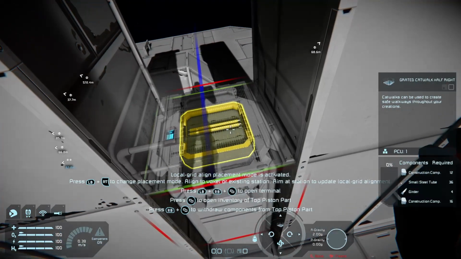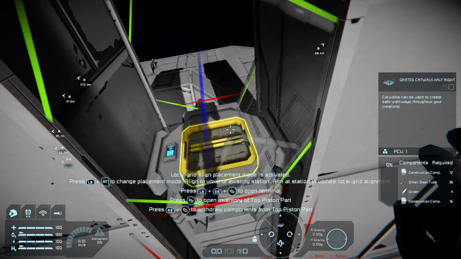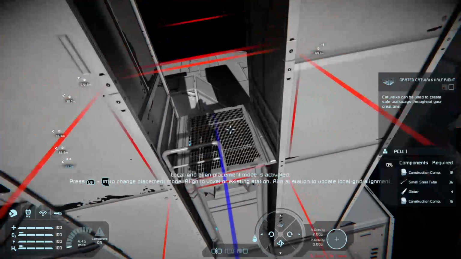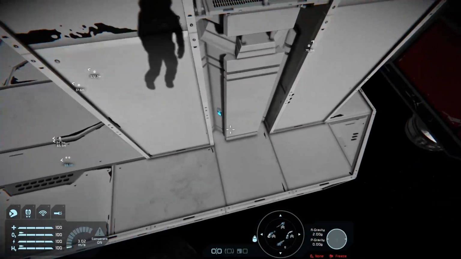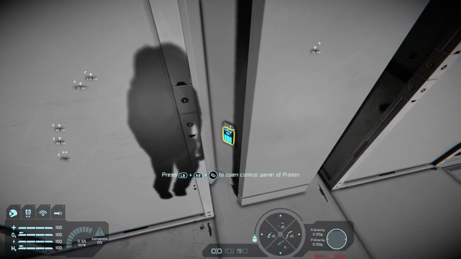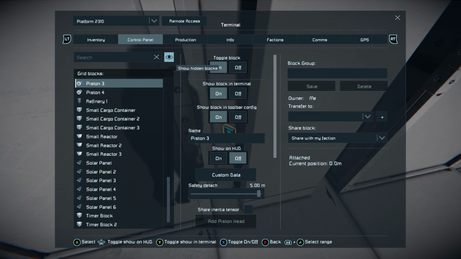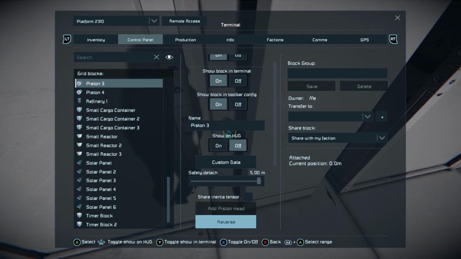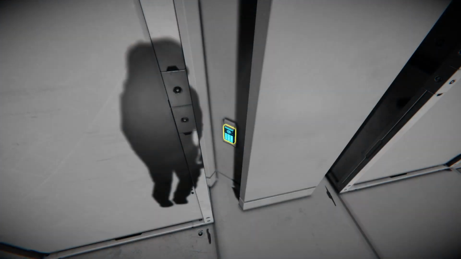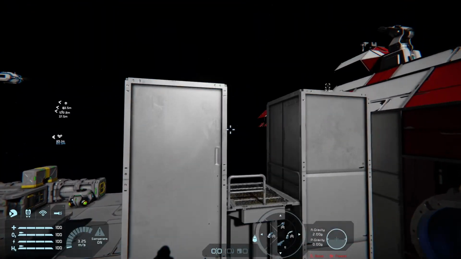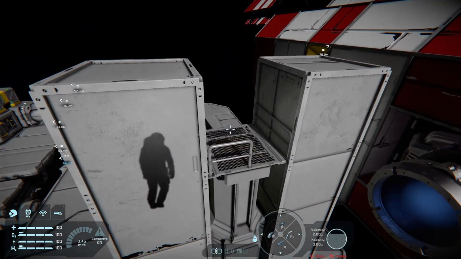I mean, there's a half right grated catwalk here. Make a good lift top. And then all you'd need to do is connect that to a button. You can have a perfectly working lift.